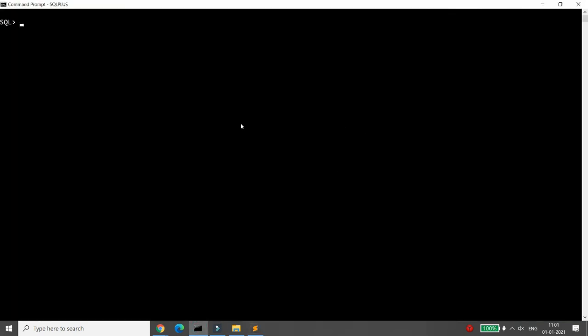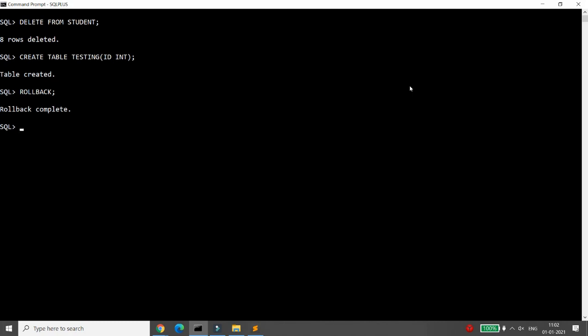For example, let me give you a demo. Suppose you say, sir, I want to delete the data, that is delete from student. So 8 records are deleted. Now I have not written the commit, so I will be able to roll back the same. Yes, you are right. But suppose you are creating a table, that is create table, for example, testing. I'm writing ID integer. See, the table is created, and now suppose you want to write the rollback. Remember, students, whenever you write rollback, it will not work. Why? Because this is the create statement after the delete, and all the DDL statements are implicitly committed, and that is the reason why even if you write the rollback, you will not be able to get the data from